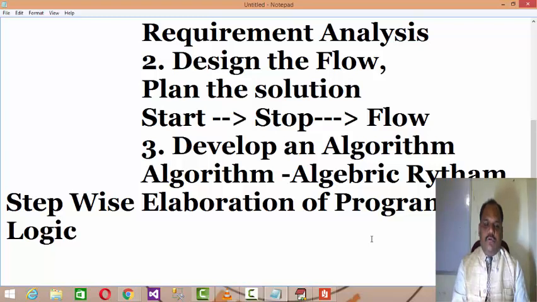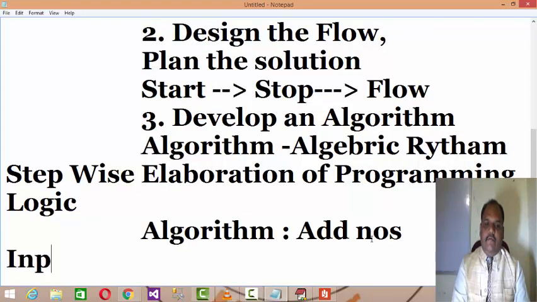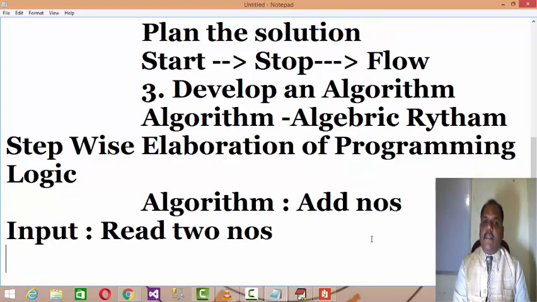Let's say you want to write the algorithm for adding numbers. Then every algorithm should have at least one input. So what inputs are you taking? Read two numbers.